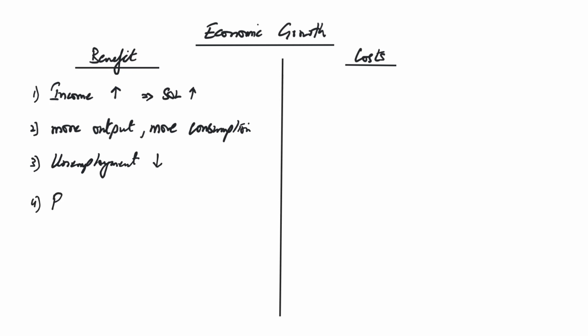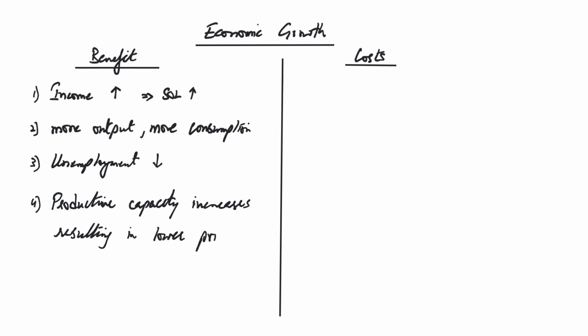That increase in productive capacity, because if economic growth is happening, productive capacity will rise, resulting in lower prices. That's a valid discussion. So, economic growth means more output, and in fact, it can even mean like better quality products are being produced. So, as a result of that, your exports from your country can go up, being more competitive even.